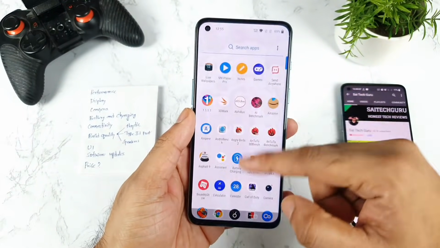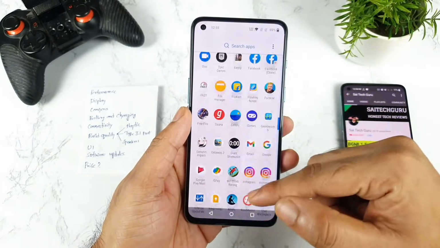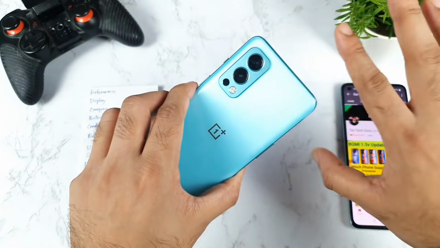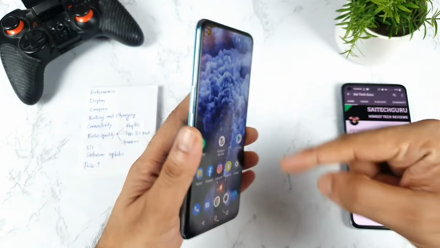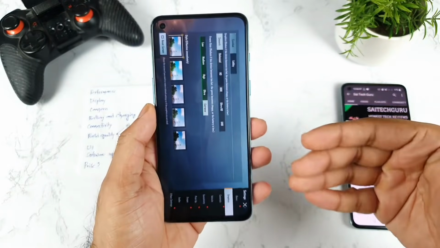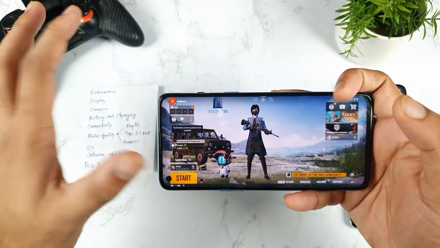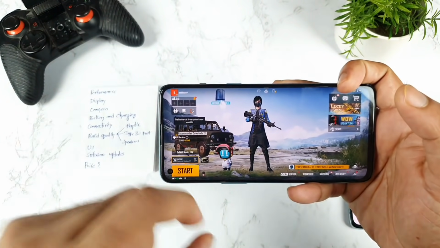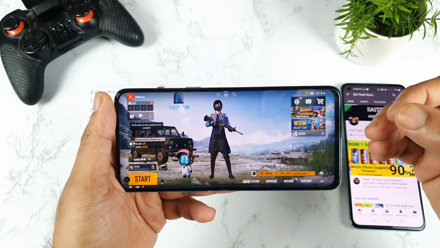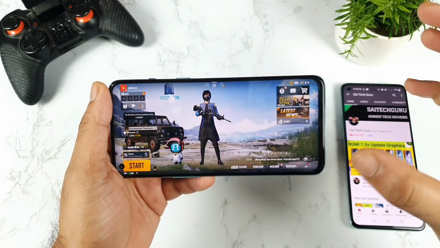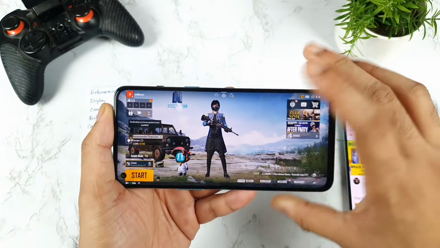As you can see, I installed so many applications and so many games while testing this phone, and during my 30 days of usage, I did not feel many problems. In the beginning, we did feel a lot of lag and app closing issues, but after software updates, I did not have any issues. Right now, a few users are facing the camera application closing automatically. A few users reported this kind of issue with this OnePlus Nord device, but I'm not having any issues.